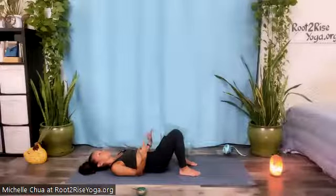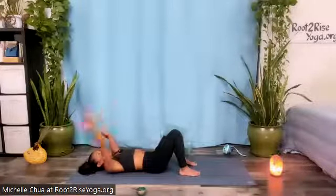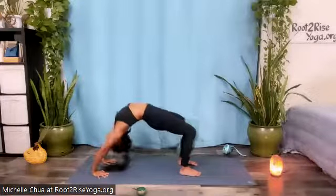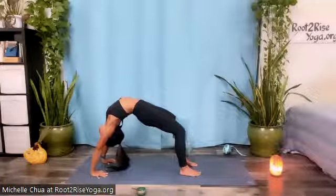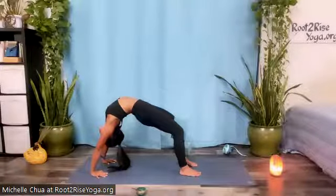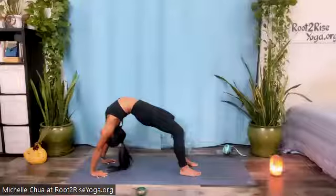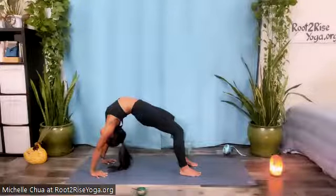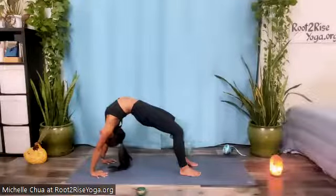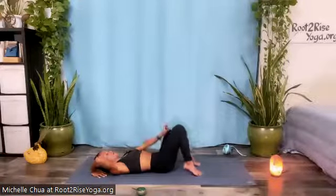For bridge, lift your pelvis, slide the upper arms under your back, maybe interlace the fingers. Otherwise, upward facing bow, Urdhva Dhanurasana. Take your last back bend of choice for 5 to 10 breaths. When you gently lower your spine and pelvis,